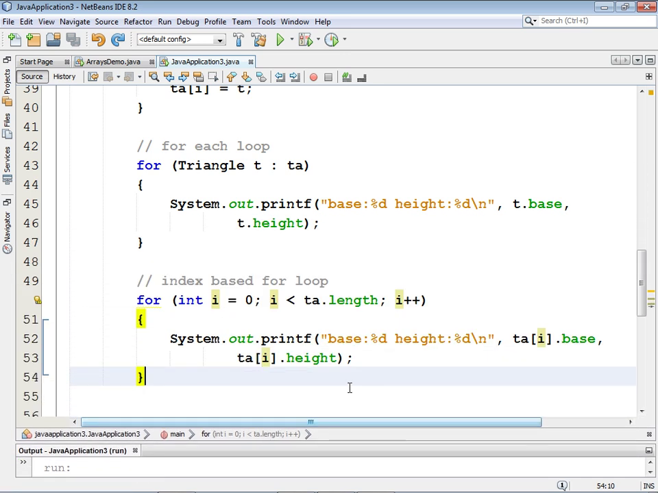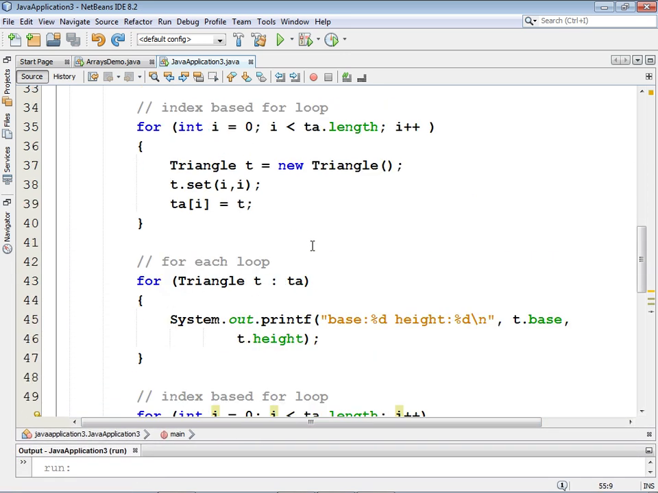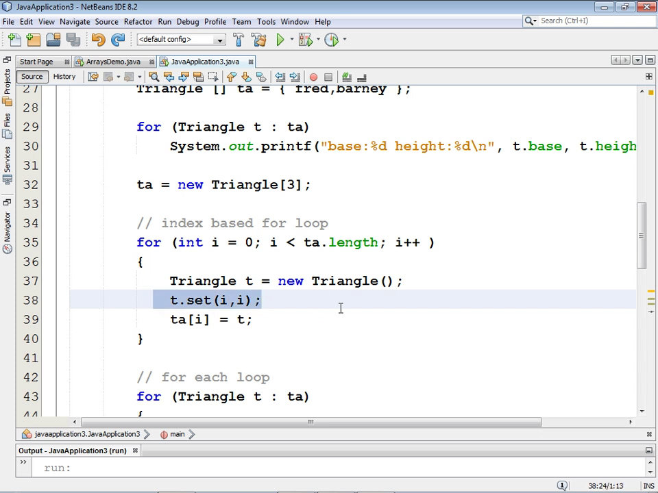Okay, so what would be the cool way of doing it? We shouldn't just fill in the triangle automatically like that. We should ask for the values, right? We should ask for the base and the height of the values. And what if we wanted to print the areas, right? We don't have any way of calculating the area. We could, but let's go add a print area method